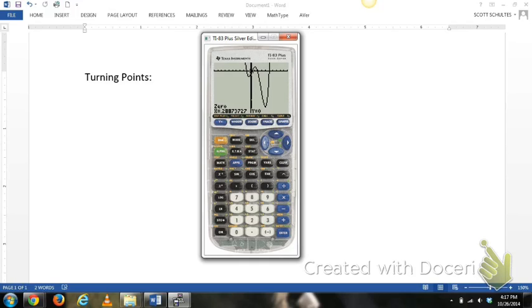And I'm going to do this a third time. Choose 0, and I want to find this third 0. I've got to make sure I'm to the left